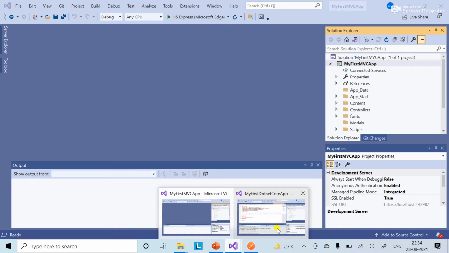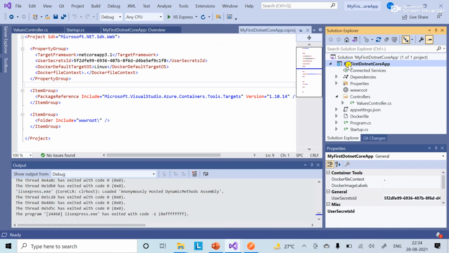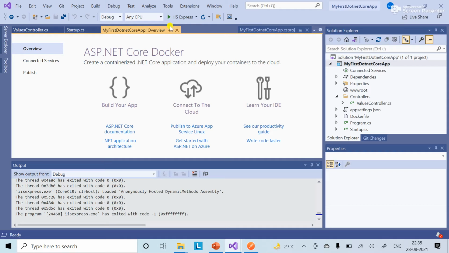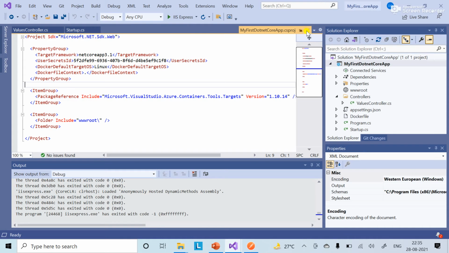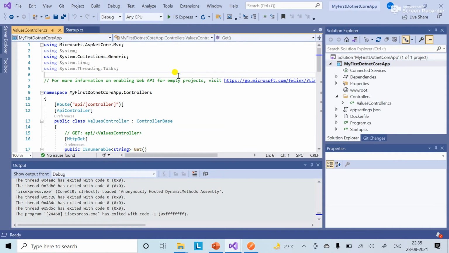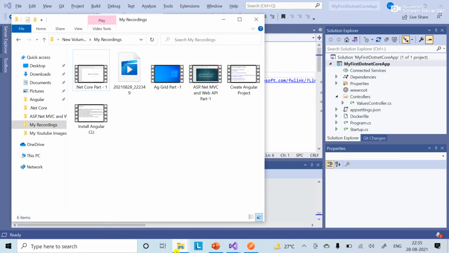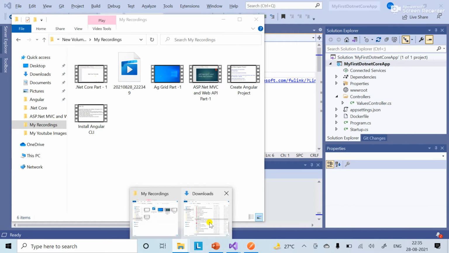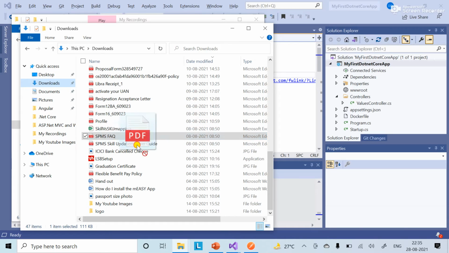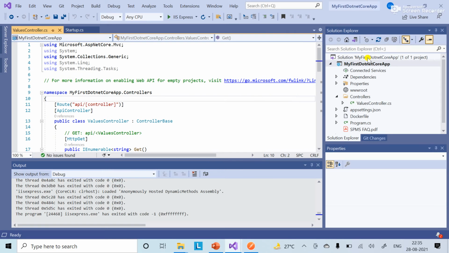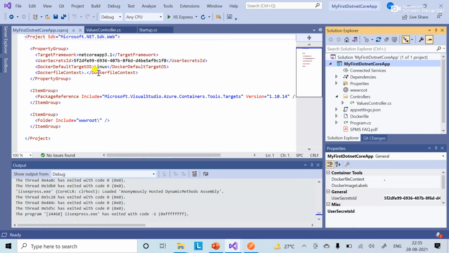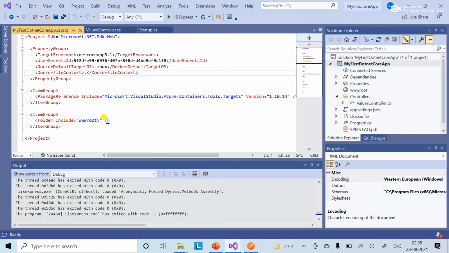If I do the same thing here in .NET Core, let me close this project file and directly come to my downloads. Here let me drag this to my project, my first .NET Core app, and this time you'll see nothing happened to our project file.